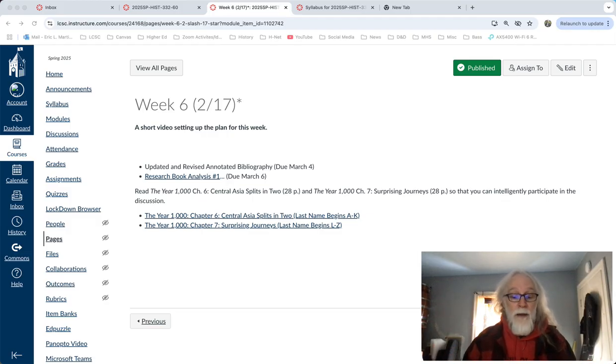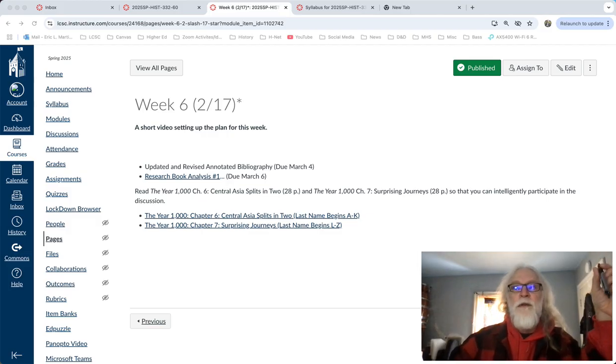Something to think about. But anyway, chapter 5 gets into looking at ancient Mali and the world's richest man, and in the process looking through North Africa, looking through the world of Islam, looking at how all those connections get set up, right? Okay, and that gets us to chapter 6 and chapter 7. I'm going to be fairly quick about this, but I do want to give you a few things to be on the lookout for. In this particular chapter, chapter 6, Central Asia splits in two.